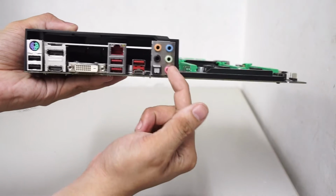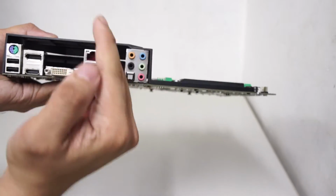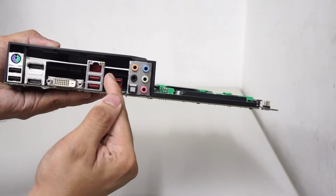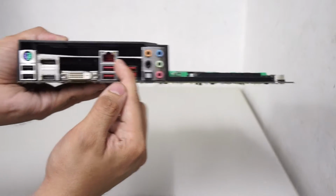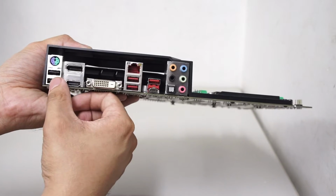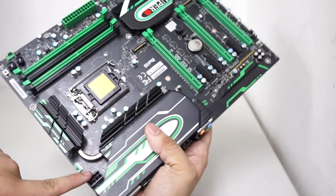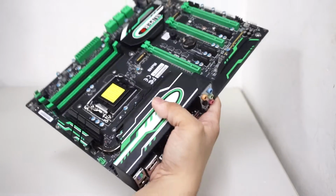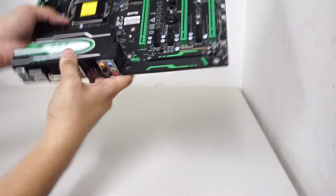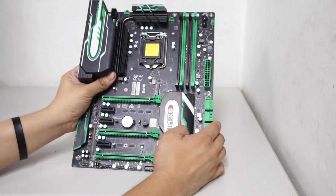go through. We have the audio ports. These are USB 3.1, so a Type-A and Type-C, and these are USB 3.0. Got your Intel I219-V Ethernet right there, DVI, DisplayPort, HDMI, USB 2.0, and a legacy PS/2 port right there. And here is the ATX auxiliary power port. And I think that's pretty much it for the layout of the